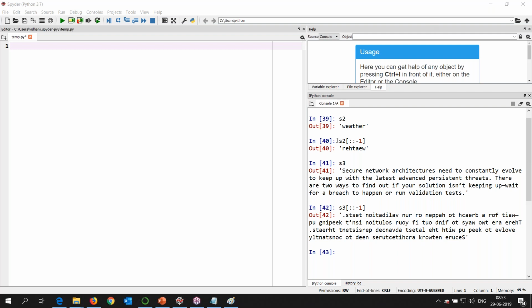Okay, so if you want to reverse a string, obviously, you'll have to start with -1, right? So you know that double colon, what it's going to do is it's going to basically reverse and print, or it's going to print everything from where you had asked for. Say, for example,